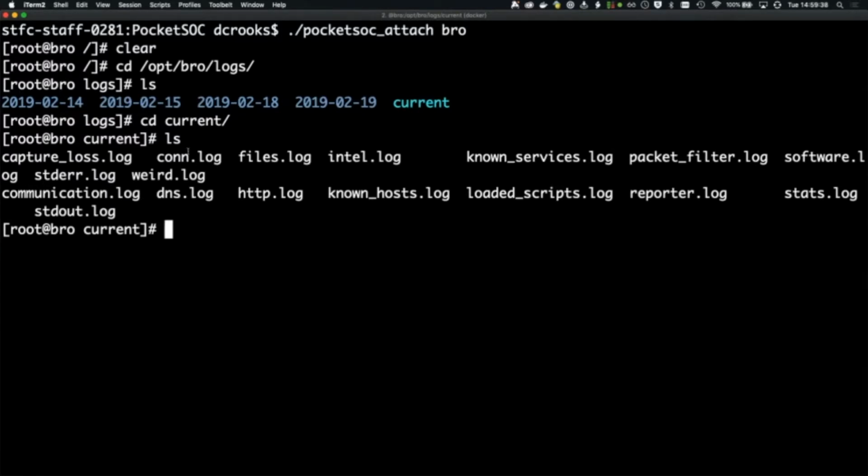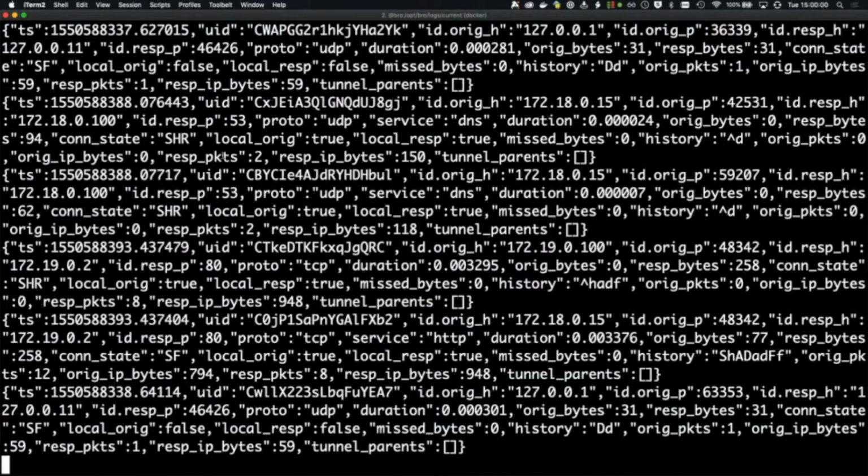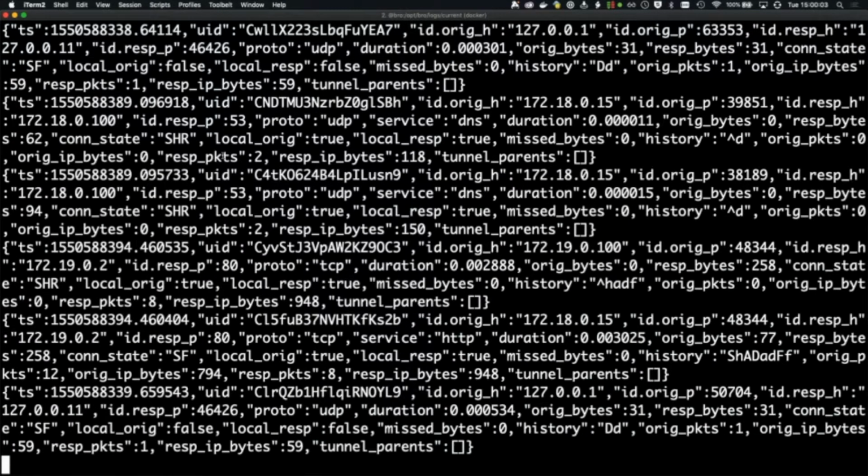And each of these logs, so there are some special logs looking at capture loss and other things like that. But for example, you can see the connection log, which tells you about every connection that it sees. And I can show you that run. And so this is all the traffic data that Bro is seeing. You'll note that the output of this is in JSON format. There's a switch inside Bro, or Zeek, I should start calling it, sorry, which lets you output in JSON format,